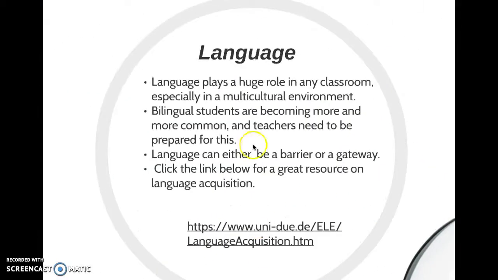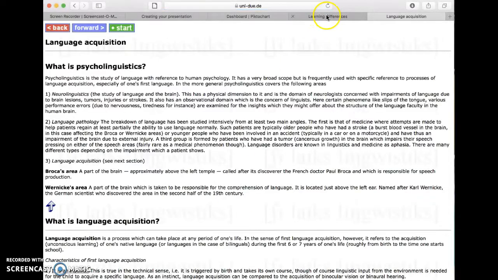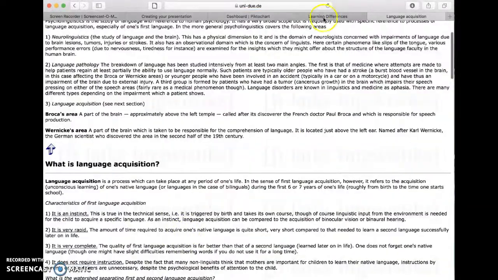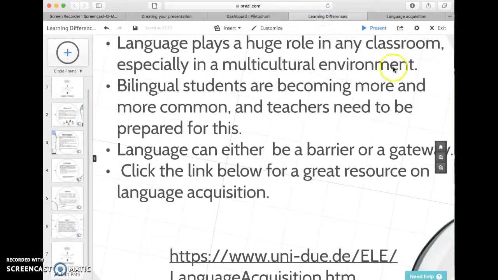Then I go and talk about a main key component of in task standard number 2, and then I also give a link to this that you can click on and it goes to a website. And then